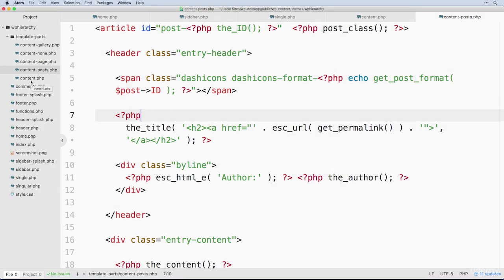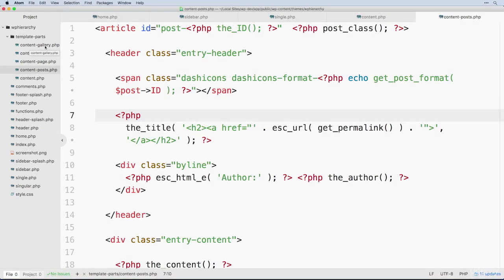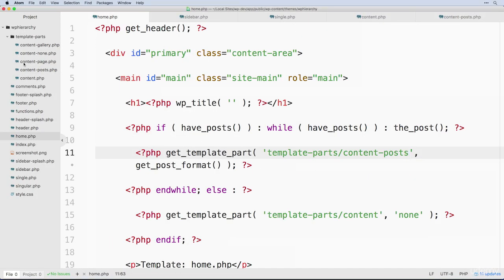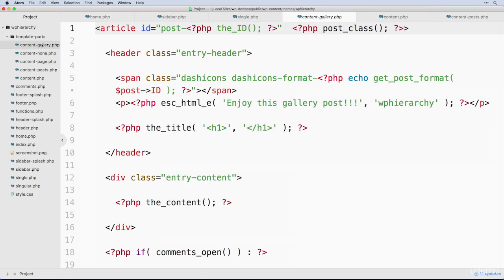But what I want to point out now is that this one will no longer load inside of our home. It will work if we're looking at a single one. So you may be stuck with possibly having to duplicate this potentially. So you could do something like save this as